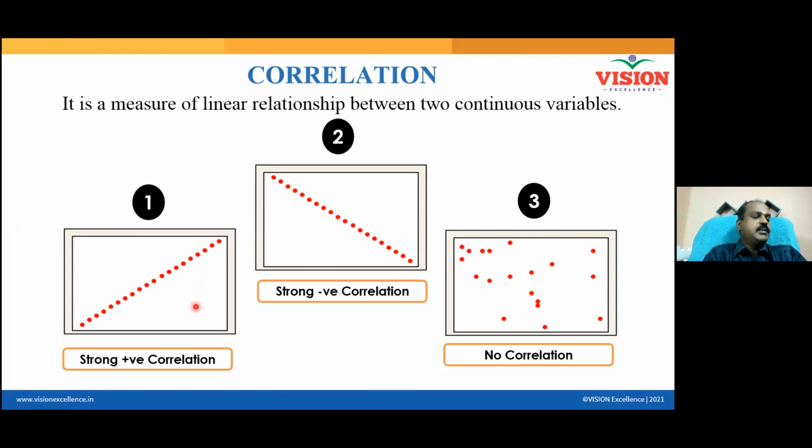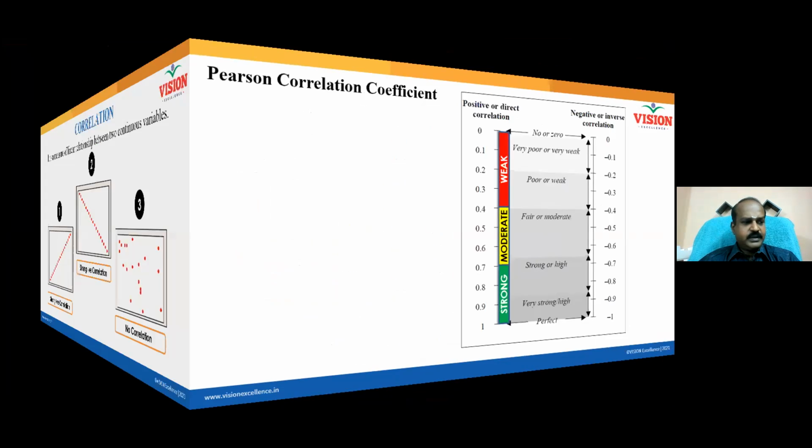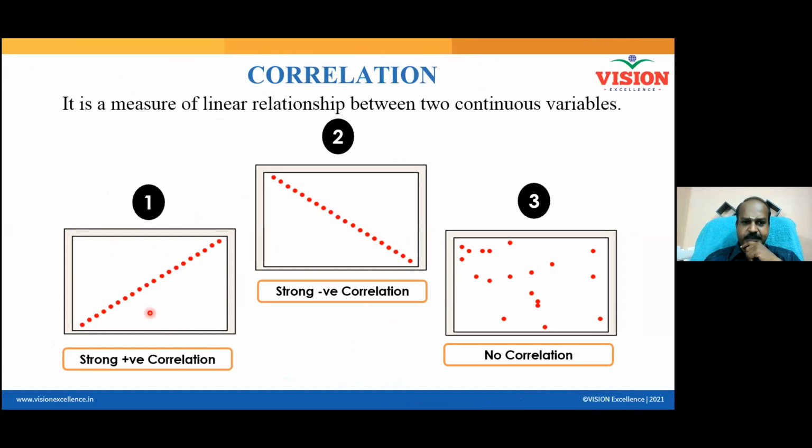Do you know scatter diagram, all of you? Scatter diagram will have an x-axis, will have a y-axis. In scatter diagram, both x and y should be continuous data. The x variable is called predictor and y variable is called response. And now, there are three scatter diagrams I am showing, 1, 2, and 3. Look at the third one. Points are completely scattered.